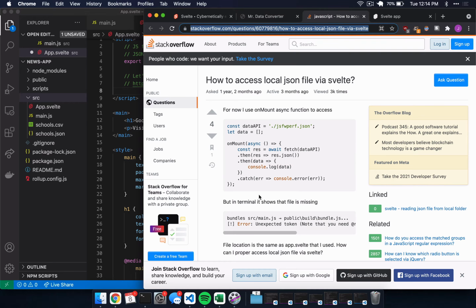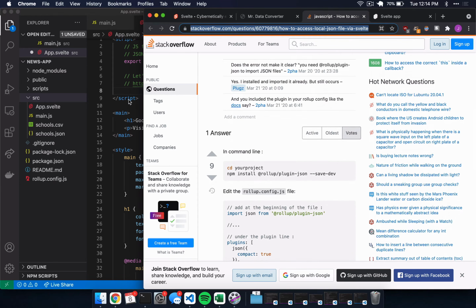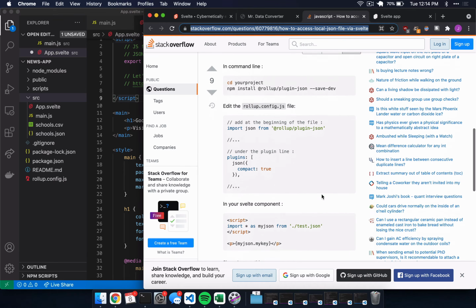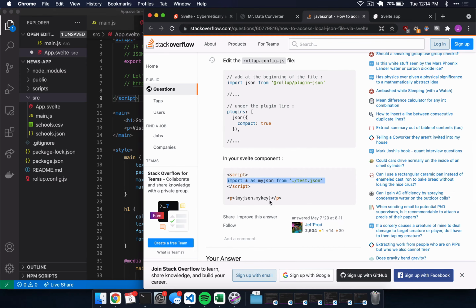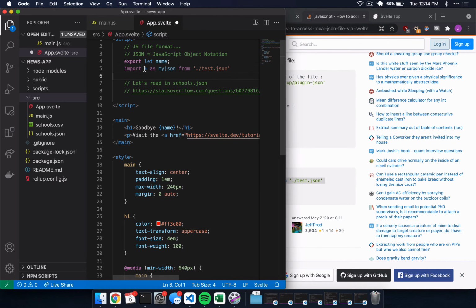So if I read, the issue that you will come across, I'm going to start by just stealing this person's JavaScript, where it says import star as my JSON from test.json. I'm just going to throw that in here. And actually, I think we can just say import schools from ./schools.json. ./ means it's in the same folder as App.svelte. So if I run this code,